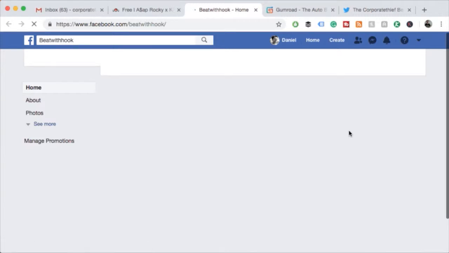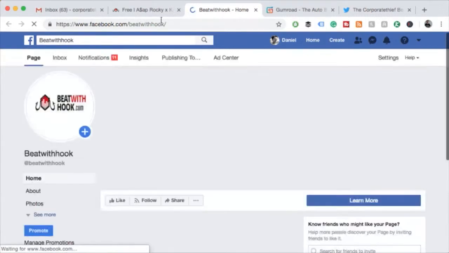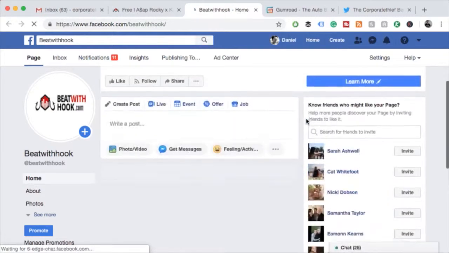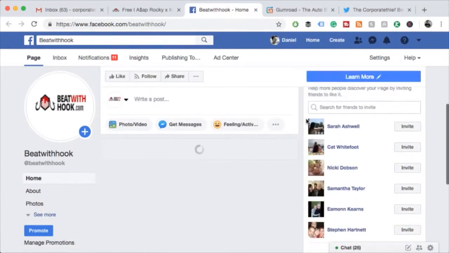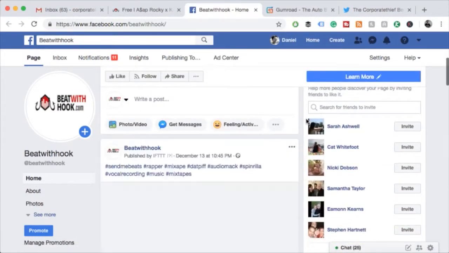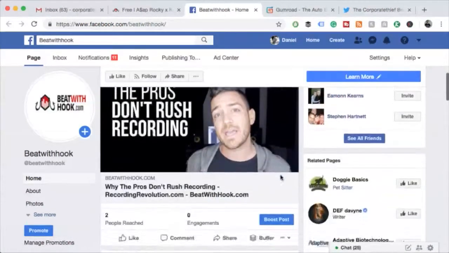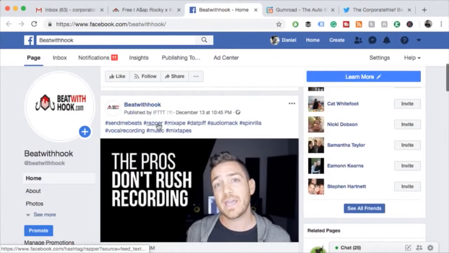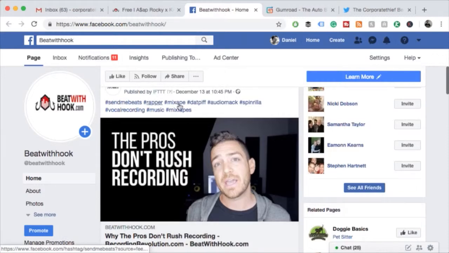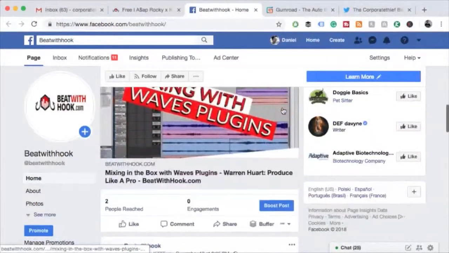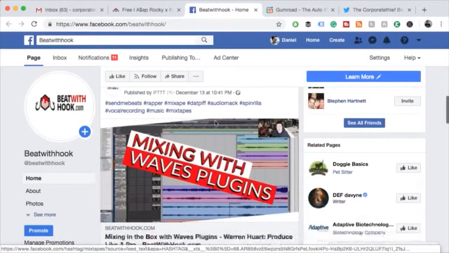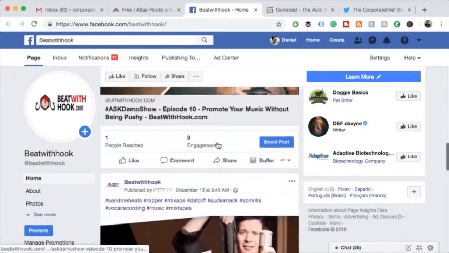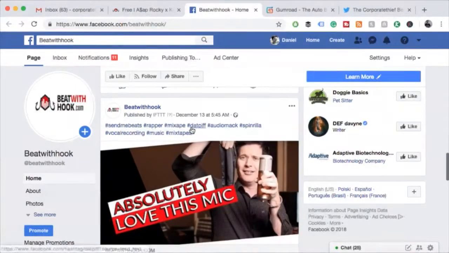Now I've created category specific posts here, so every time a specific post goes out, it'll have different hashtags. So that's how I'm getting traffic as well. This one has to do with recording, and boom, it has specific hashtags here. This one has to do with recording as well, it has that one. See, send me beats.